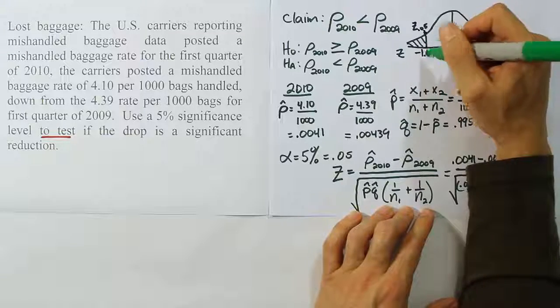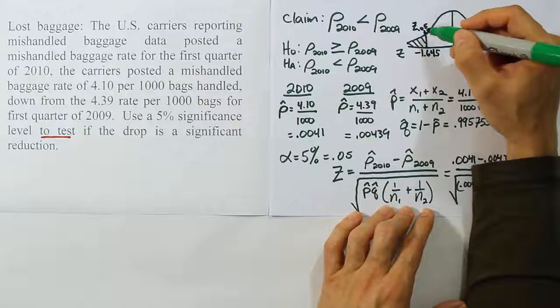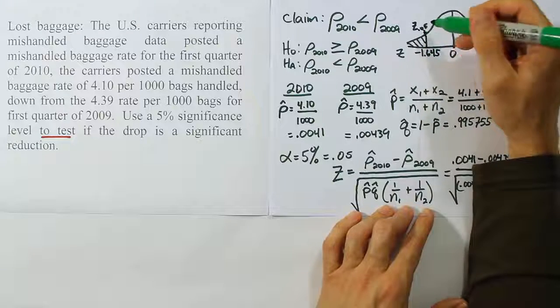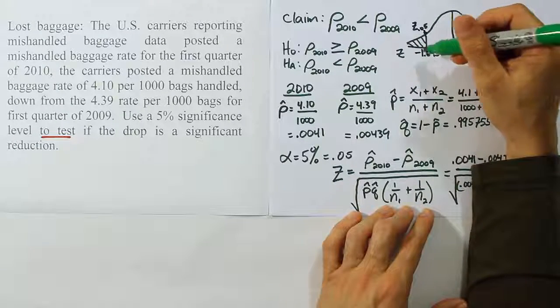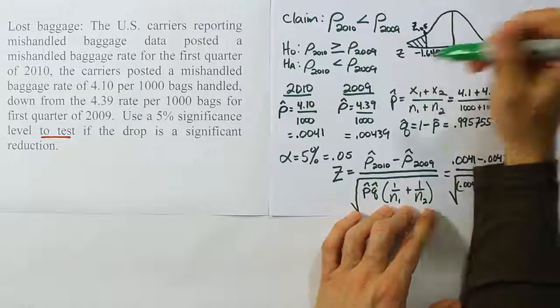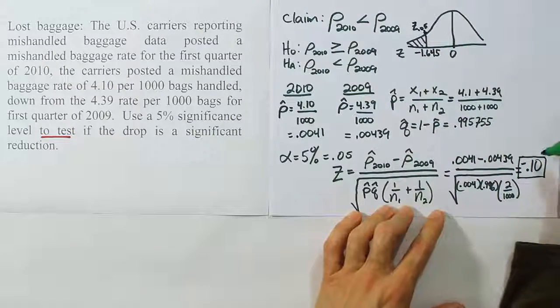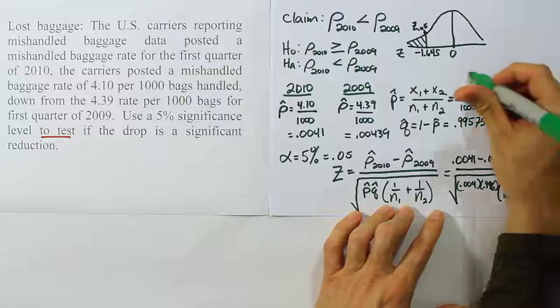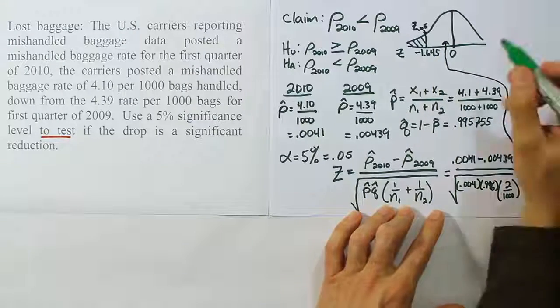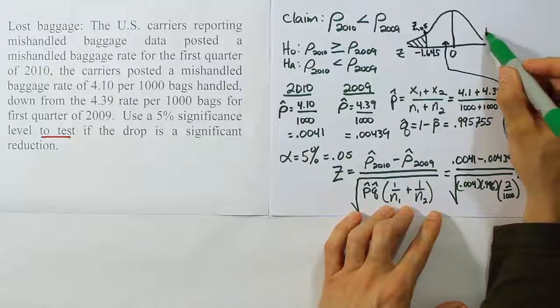This is a common value. You can find it on the t-table by looking at the 0.05 column and going straight to the bottom. We've done that so many times with the z-charts, both in Stats 1 and in earlier videos in this course, and I'm going to just put that answer there for us, and you can check that on your own to confirm. But when you look at this test stat, you can see that it clearly lands here in the white space. It's not in the rejection region, so we're going to say do not reject